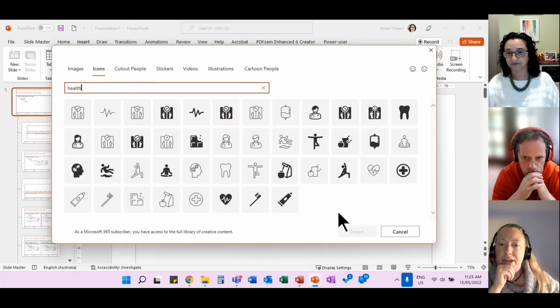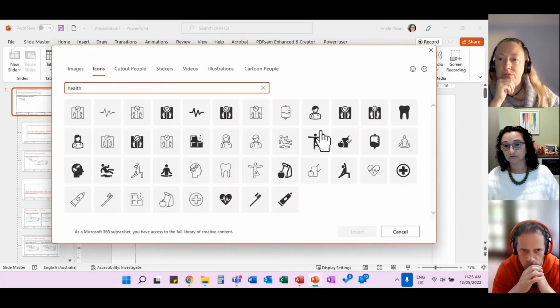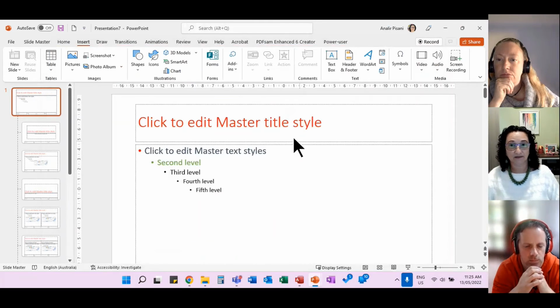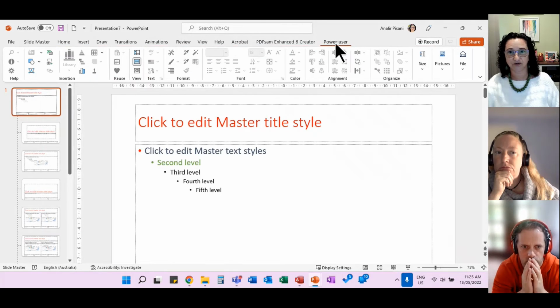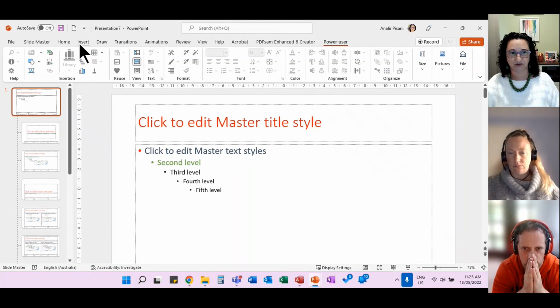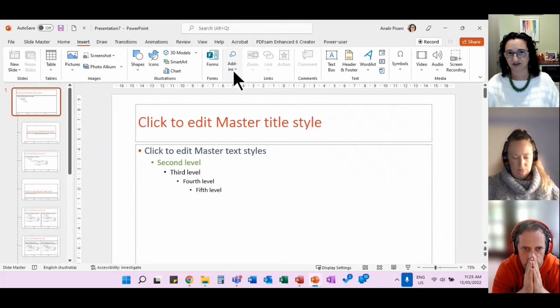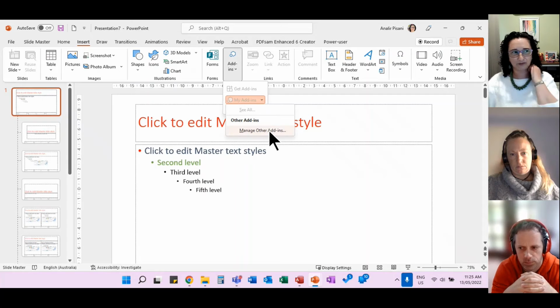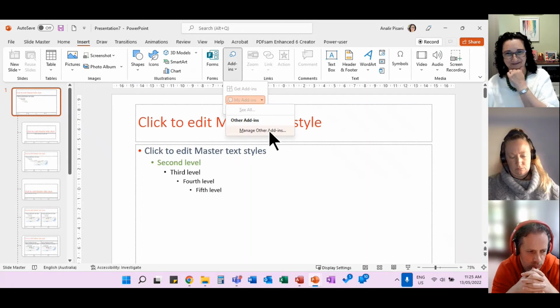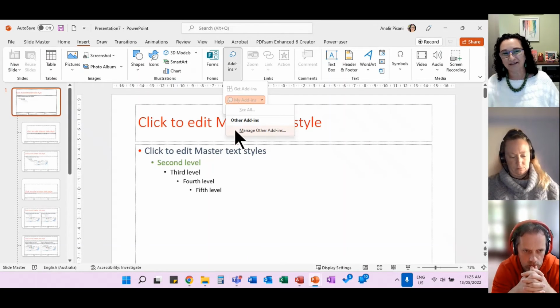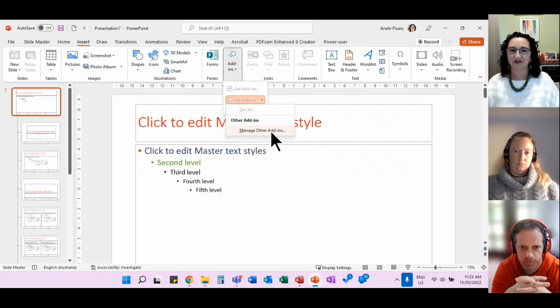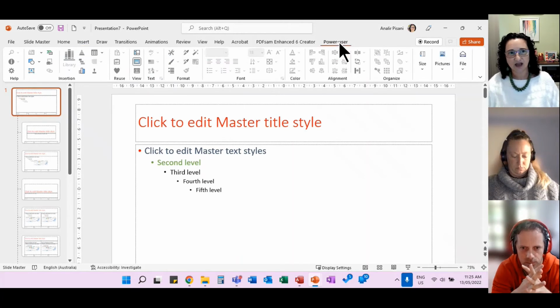So my options are images, icons, and cut out people. Yeah, actually, that's where that Power User comes in. That Power User thing that you can install, which you can go from Insert, Add-ins. I can barely remember how I did it, but I do have a blog on it somewhere that I'd have to find to remind myself how I did it. But I think it was Add-ins and Manage other add-ins, and then it's called Power User. So you search for Power User, and then you can add it in here, and that gives you